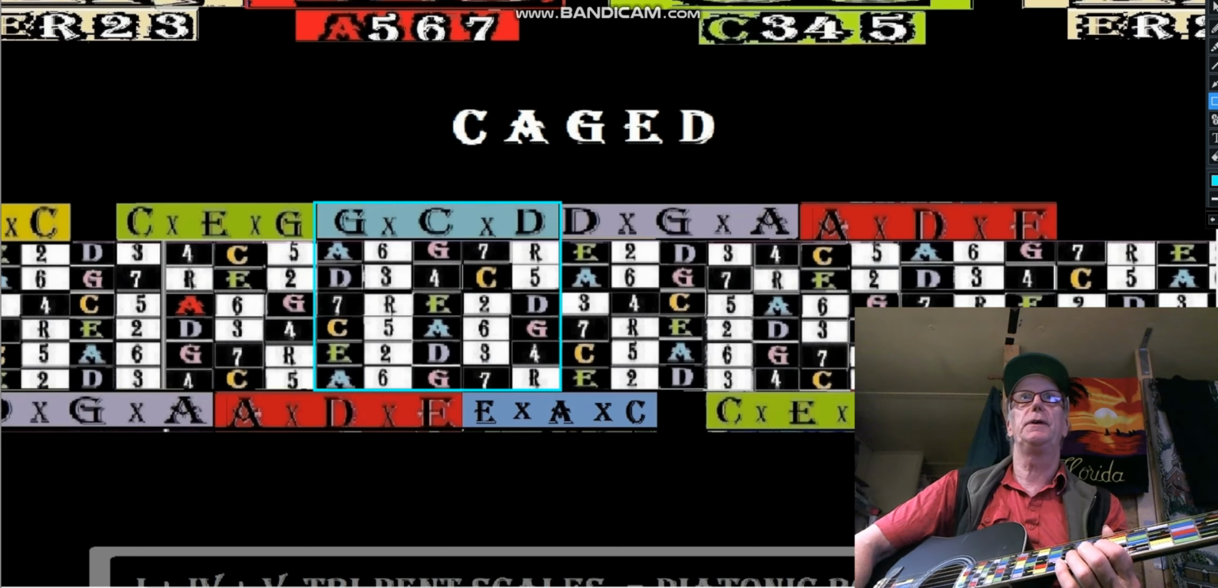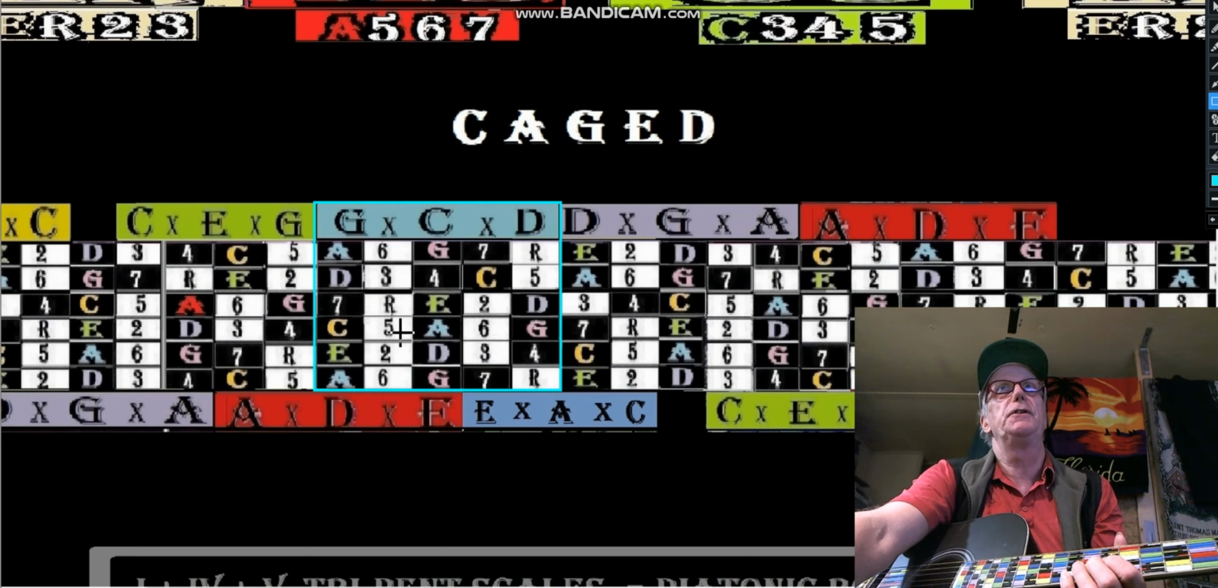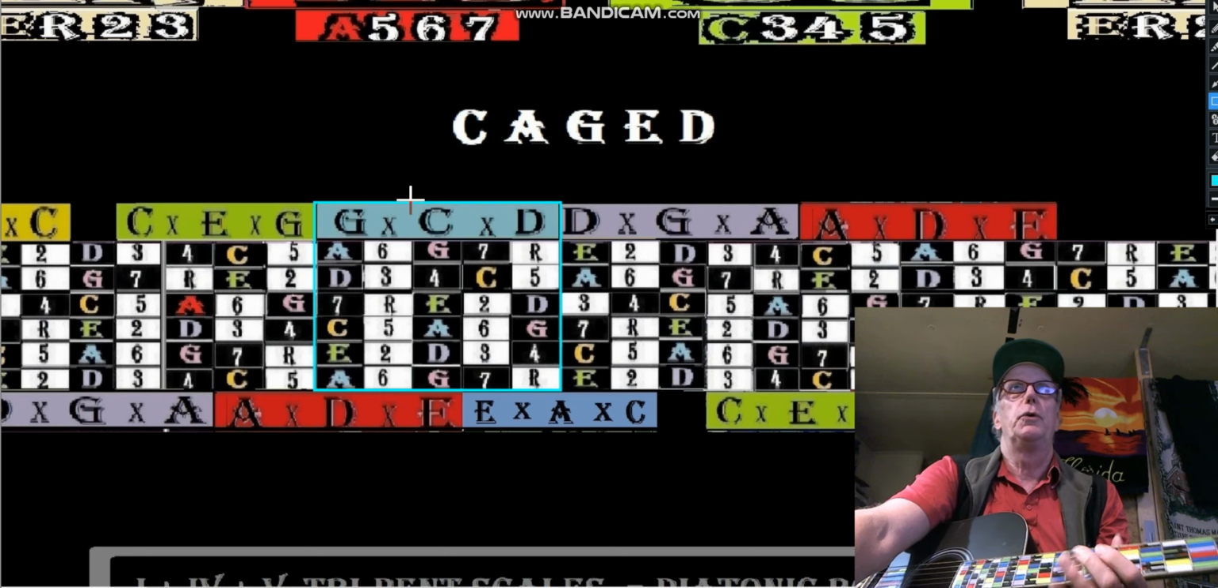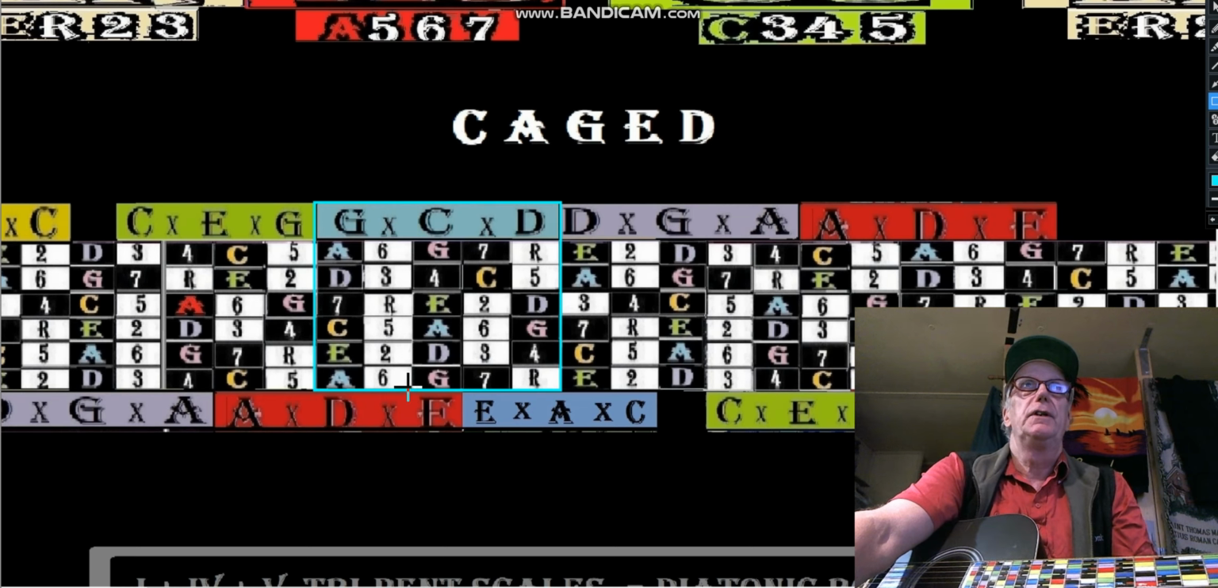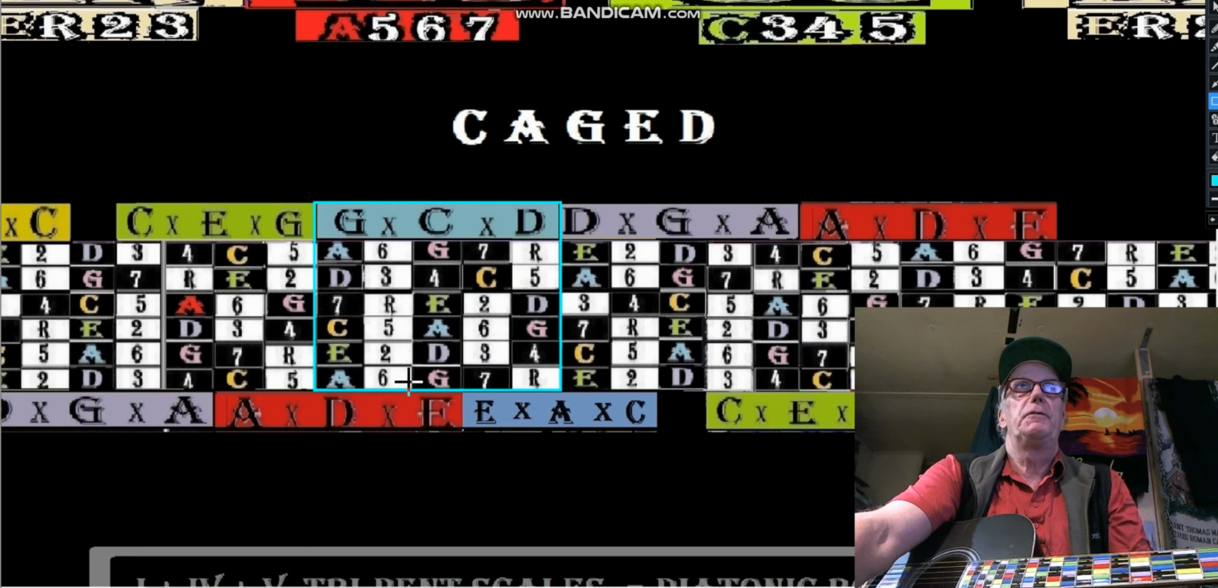Okay, we're just doing the tripentatonic for the G box. Remember, we've got the lone wolf here. So we're not going to play this from the fret nut or the capo because we can't get our lone wolf in the barred